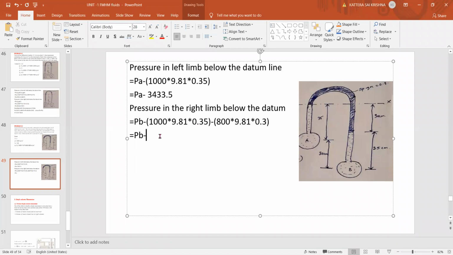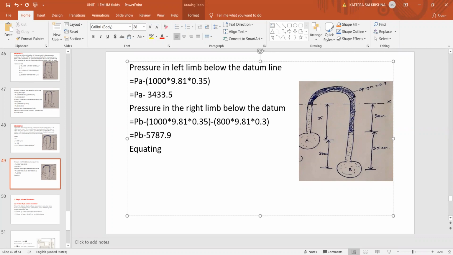Tell the full value. 5787.9. 5787.9. Yes, everybody got the same thing. Okay. If you get the same, okay. Yes, sir. Tell me. Next,